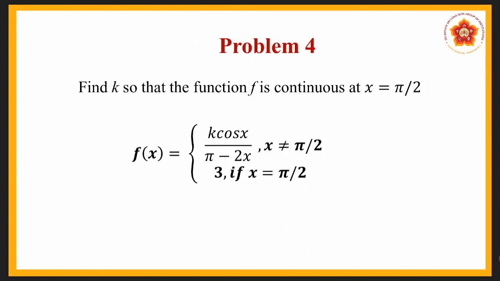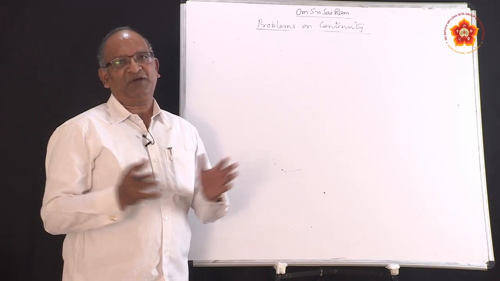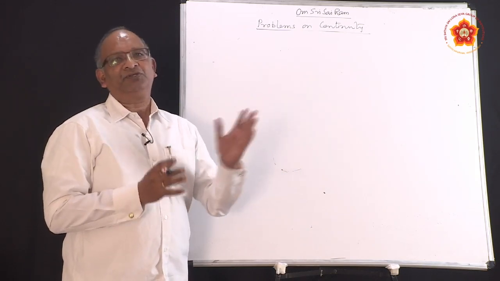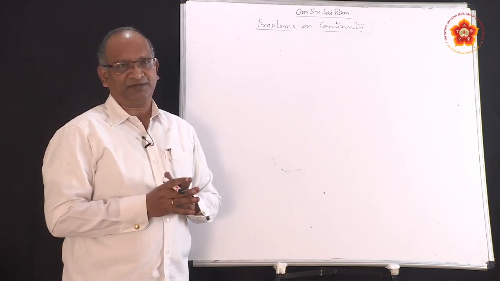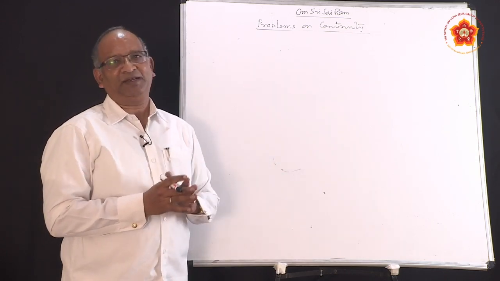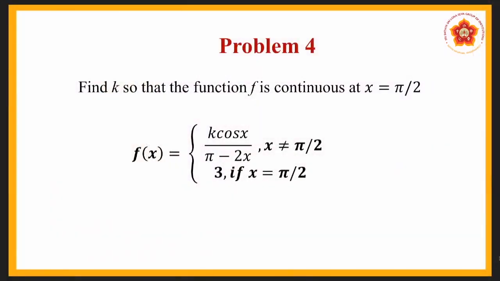Find k so that... this is the third kind of problem which is asked in continuity. As we were discussing, the first kind of questions are direct. What do you mean by direct? It means that he will give you a function and he will ask you to check whether the function is continuous at a given point. That is first kind of question. Second kind of question was like last one, find the points of discontinuity. Now, we are moving on to the third kind of problem where he says find k, find a, find b, some unknown. Okay?